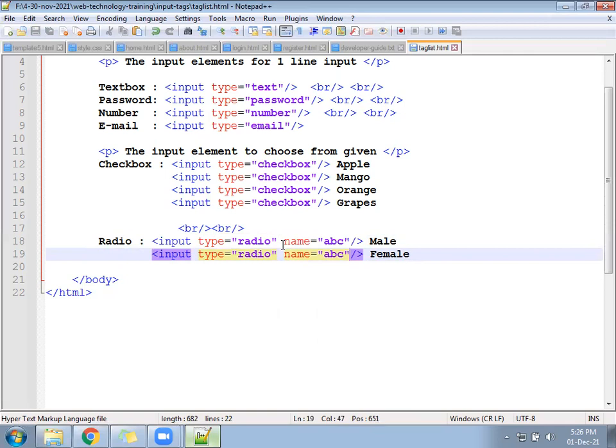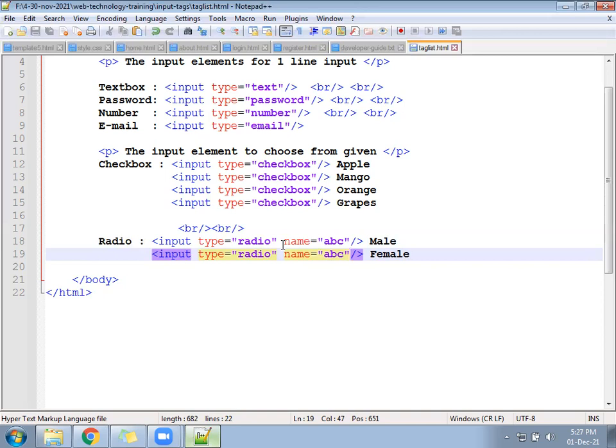Check now. Are you able to select both? Name should be a common name. Long back, 8 or 9 years before, when I was giving interviews, people used to ask the difference between radio button and checkbox. At that time, very few questions were from JavaScript. People were asking some 10-15 questions from HTML. In that, one was: what is the difference between radio button and checkbox? But now this has become a non-interview question because there is something else.